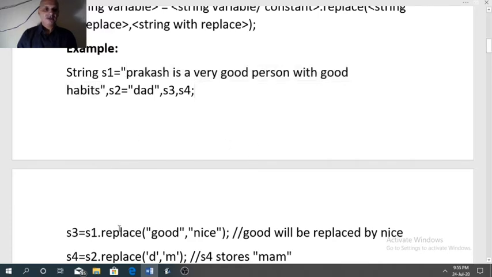So that is our s1 dot replace. What we want to replace, that is good. Since it is a string value, we need to write it inside double quotes. After that comma, the string to replace with, that is nice, inside double quotes. So good will be replaced with nice.